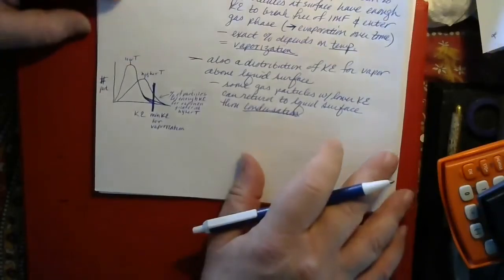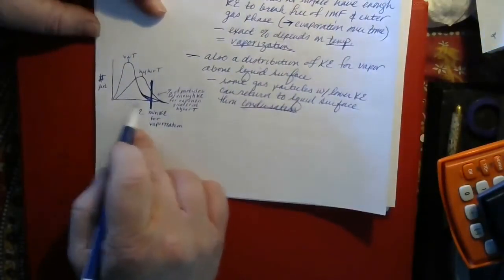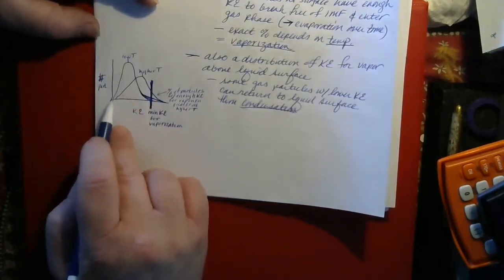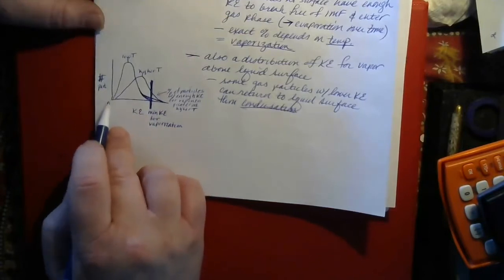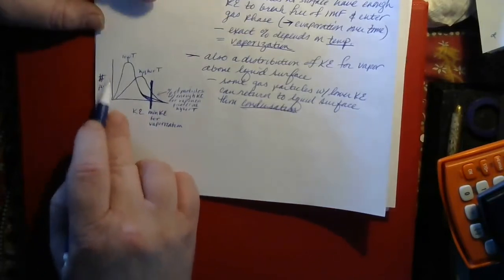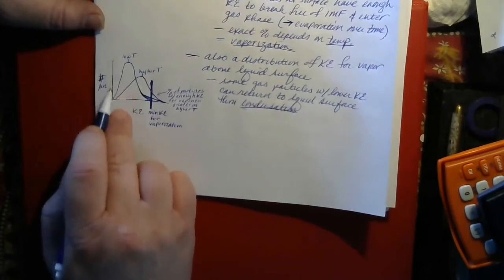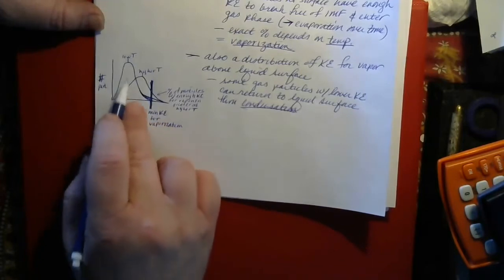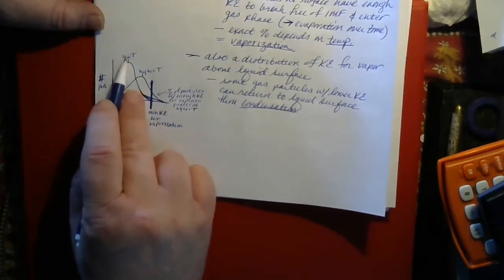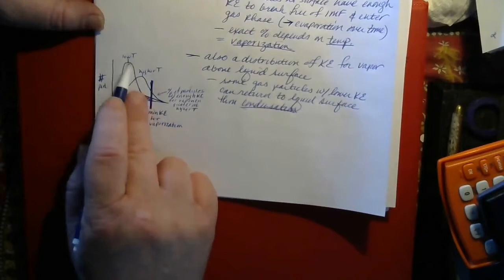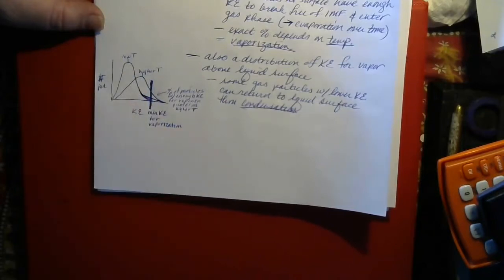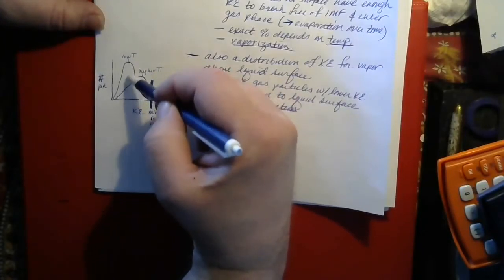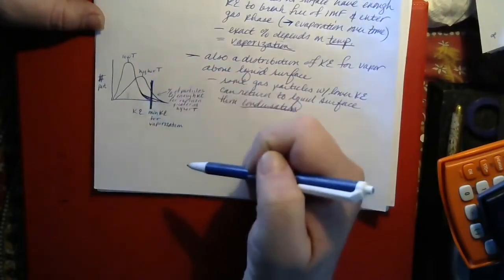Okay, while we were waiting between the segments, I drew out a little diagram here to illustrate the distribution of kinetic energies at different temperatures. The y-axis is just the number of particles with a certain kinetic energy, and kinetic energy is on the x-axis. And you'll notice that at lower temperatures, the curve is narrower, and it's also shifted to relatively low kinetic energies. So the average kinetic energy, which would be right about here at the peak, would be, say, right about there